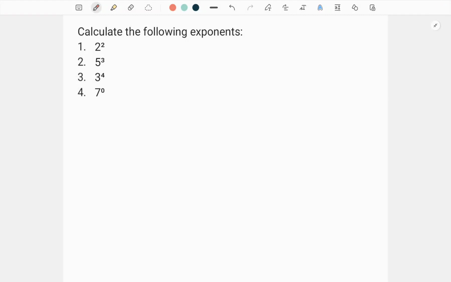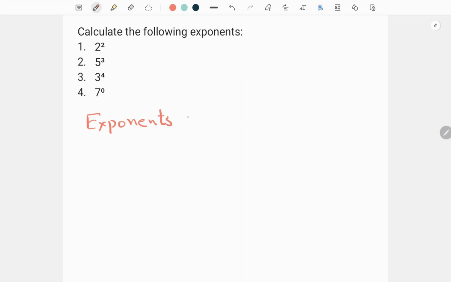So we are going to talk about exponents in this video. We'll go through the basic properties of exponents and then calculate these specific exponents that we have been asked to calculate. These are some simple examples, but they will drive home the point of how to calculate exponents and what exponents mean. So in a nutshell, what exponents mean is,